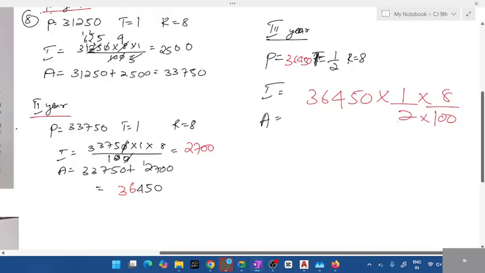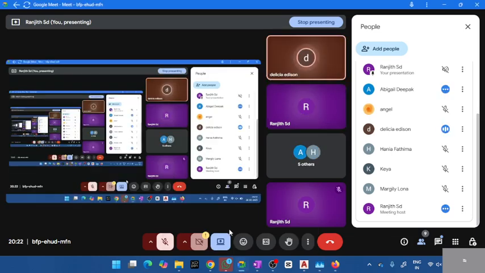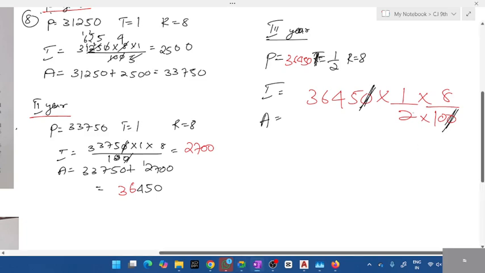Okay. Explain this last one. How did you all reduce it? 0 and 0 get cancelled. Next. Tell me, students, Delicia, Abigail, how do you calculate this? I'm not asking for the direct answer value. How do you reduce it? 0 and 0 get cancelled. Next,